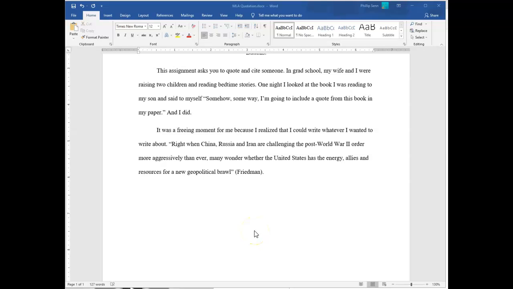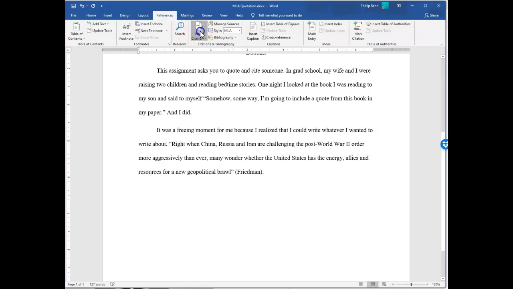Okay, Microsoft Word has a cool tool in the References menu called Insert Citation. So let's take this out right here. I'm going to delete all of this. And make sure you put a space between the ending quotation mark and where you're going to insert the citation. You can see where my cursor's at. It's in between the quotation mark and the period